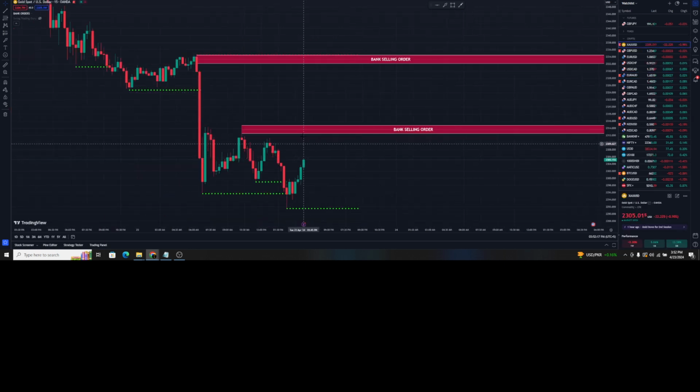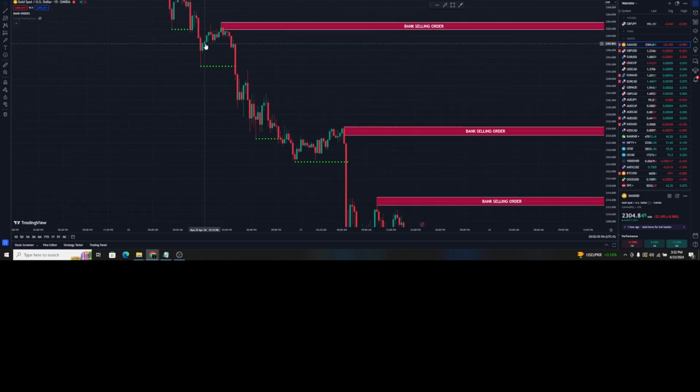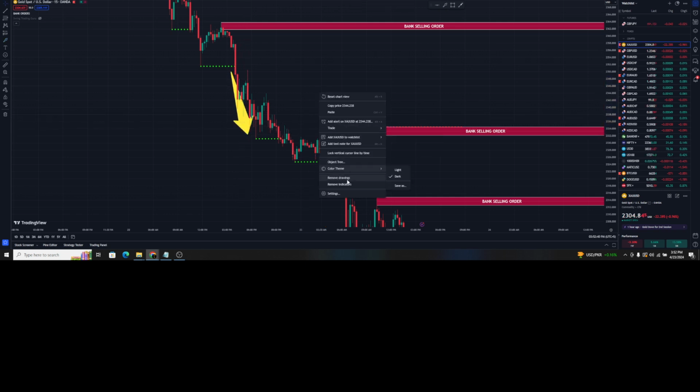Okay, so for example, we have the rejection on gold 15-minute. As you can see, already the price went down. Here you can just look at this example. The price pushed below the dotted green line. It was a selling zone for you. And if you look at yesterday's activity on gold, the market was all the time closing below the dotted green line. So there was only sell on gold yesterday as per my indicator.